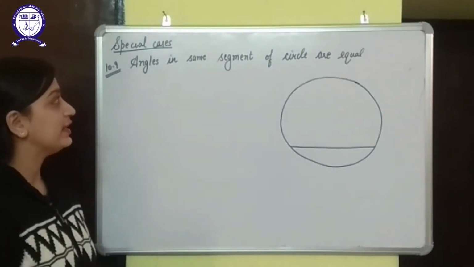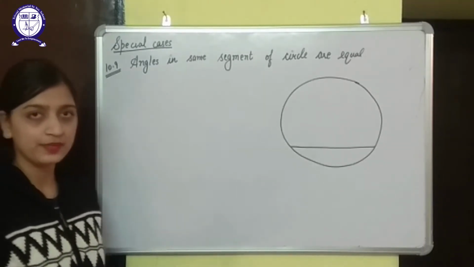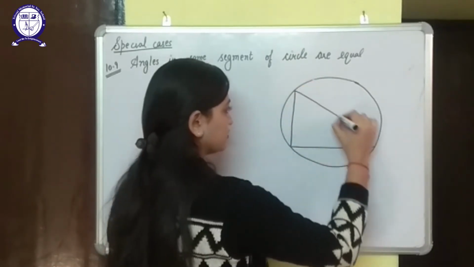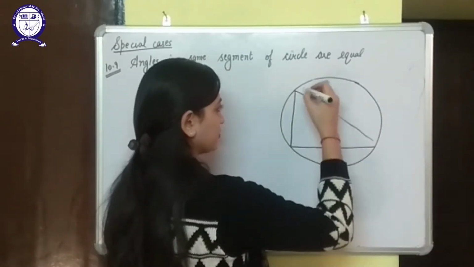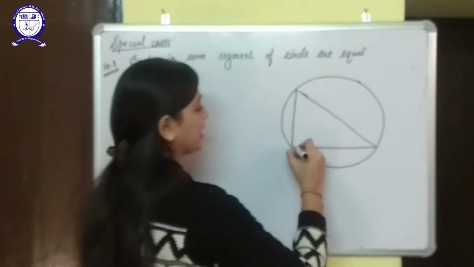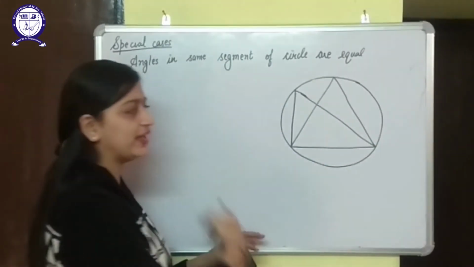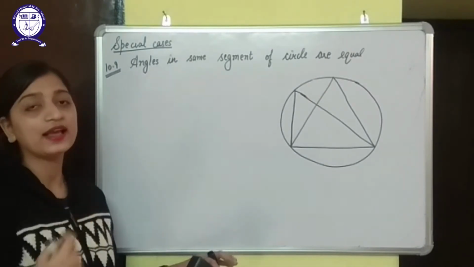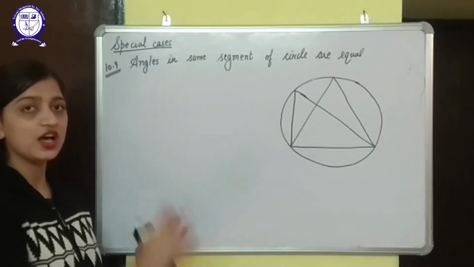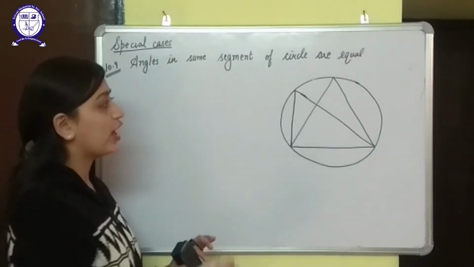Okay, now angles in the same segment of a circle, that is, suppose there are 2 or 3 angles made by this segment. Suppose the first angle is something like this, and the second angle is something like this. And you can take many further angles like this. That is, angles in the same segment means that all the angles made by the segment will be with the remaining part of the circle, that is, on the boundary of the circle.